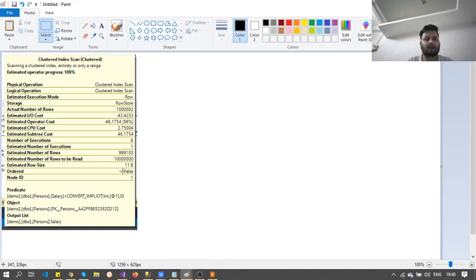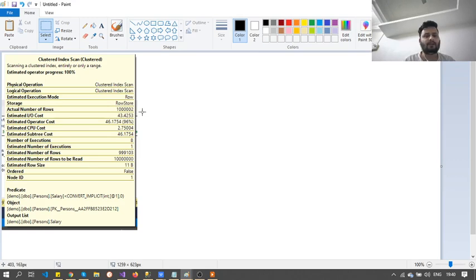So 1 crore records have been read from the storage. The entire table has been read, and after that 10 lakh 2 records are filtered out.